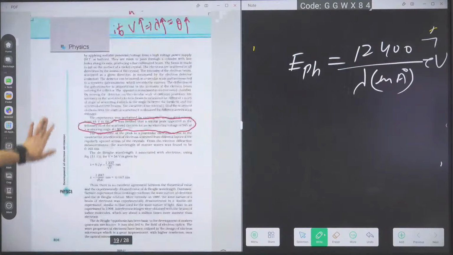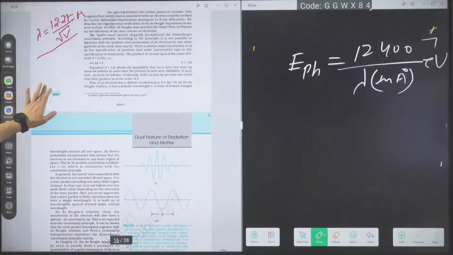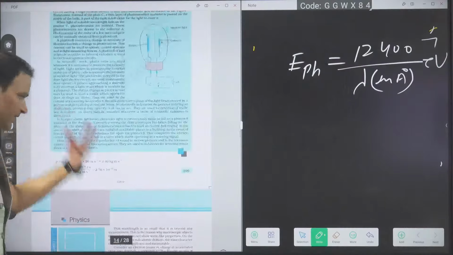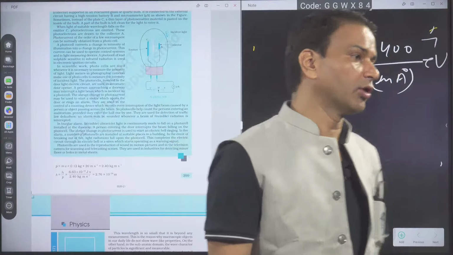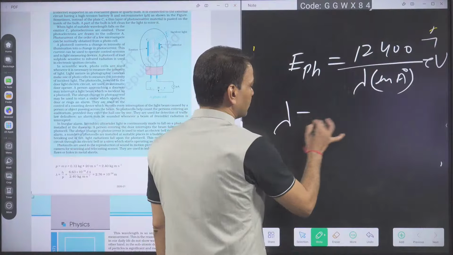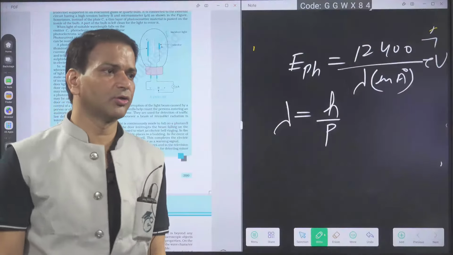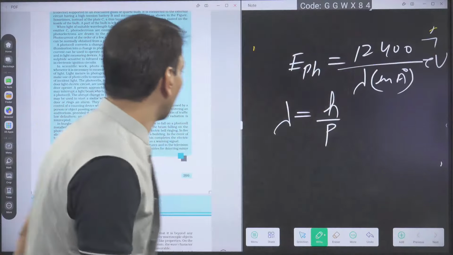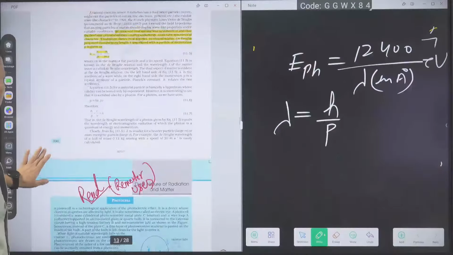Now the de Broglie hypothesis, everybody knows: to matter, a moving particle having mass, we can associate a wave. That wave is called the matter wave. And what is the de Broglie wavelength of the matter wave? Lambda is equal to h by p. P is equal to under root 2mK. P is equal to qV also can be reused. So many formulas are there for de Broglie. All of these we have learned in the energy and momentum.